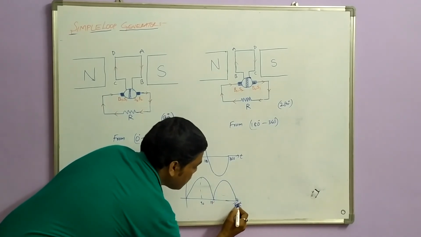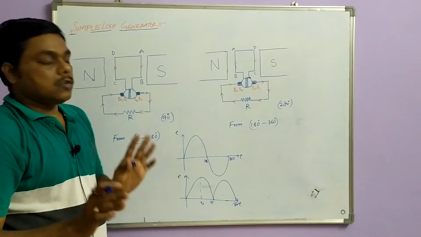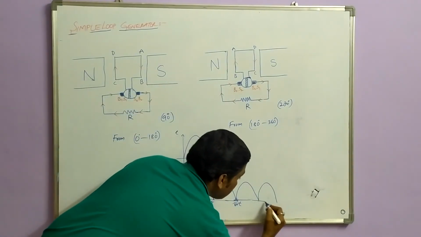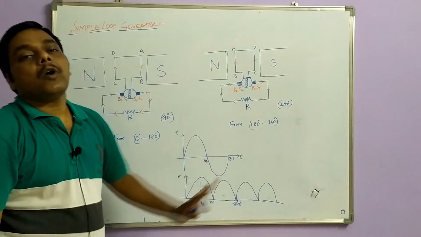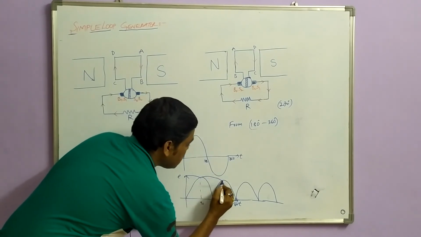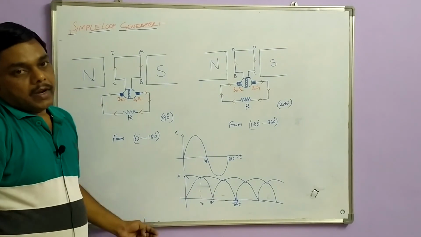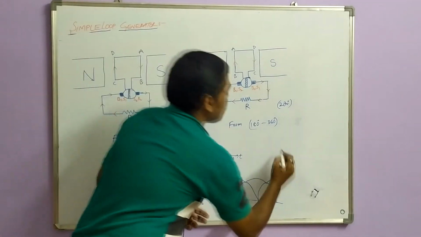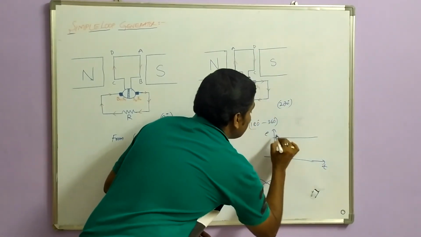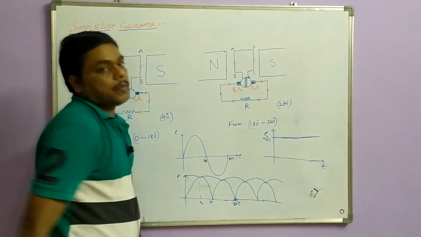So that means you are getting two positive cycles. There is no negative cycle, only positive cycles. So until you complete the total action, you are getting only positive cycles. So what you are getting is nothing but DC current, nothing but DC EMF. If you join all of them and reduce the distortion, finally you are getting almost a DC EMF. So this induced EMF is a DC EMF, nothing but EDC.